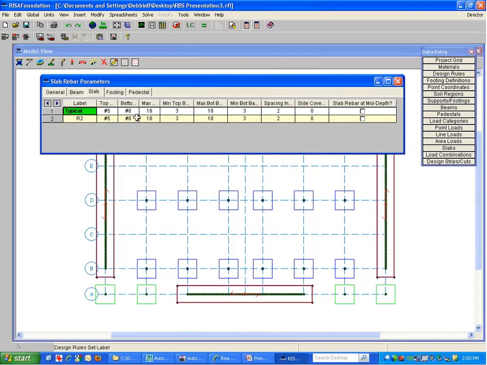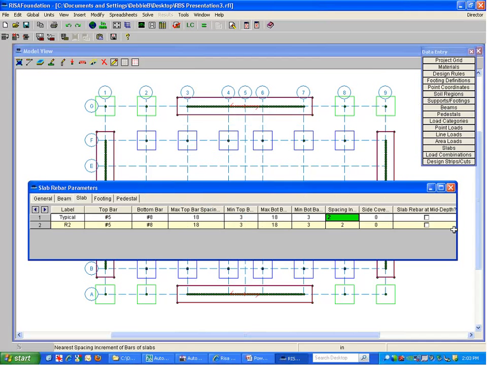The slab definition, you're going to tell the slab here what the top and the bottom bars should be, number 5s to number 8s. So for the bottom there, you're going to tell it what the maximum top spacing is and the minimum spacing, and it's going to go from max to min. Okay, and then we tell it the increments we want to increment that spacing. And we can either tell it also just directly put the rebar in the mid-depth, not top and bottom, just